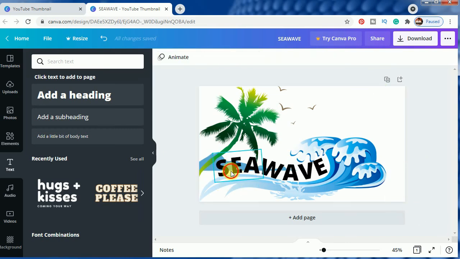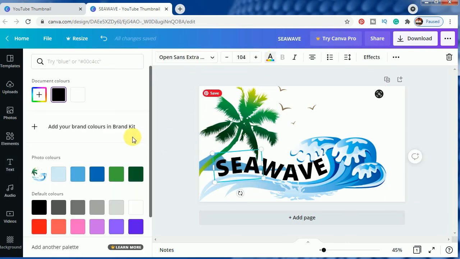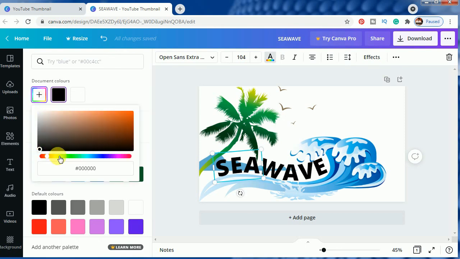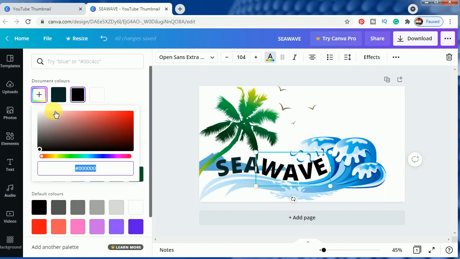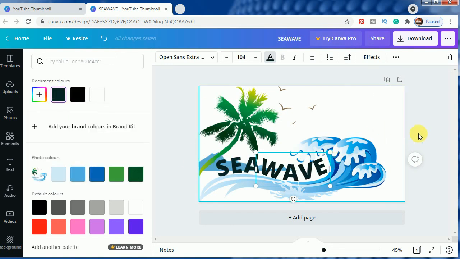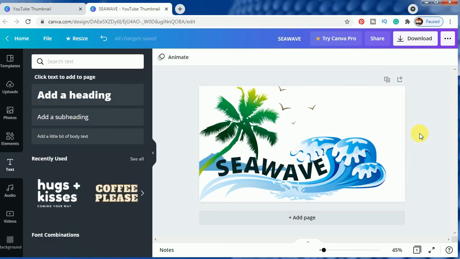Now you can change the color so that it blends well in the effects. We'll come it here and we'll just make it a deep color layer, and we follow the same effect here. So as you can see the seawave effect is done, and hope you like the video,